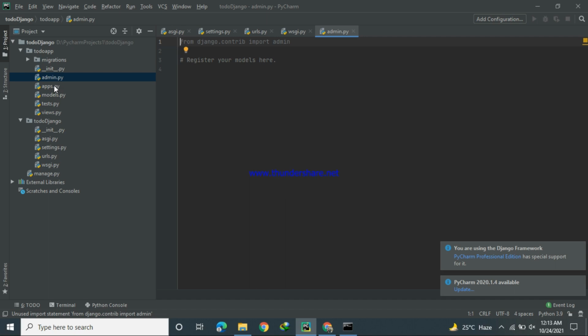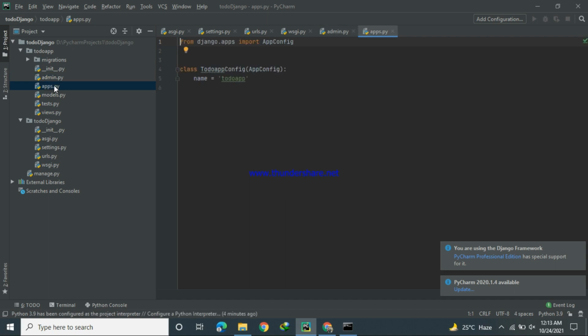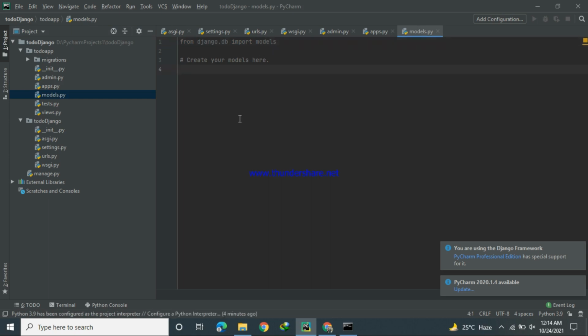Here apps.py means this app's configuration, this app's name, how it is configured, the class name actually that we will write in the settings.py file. And then models.py has some classes which are actually models, I mean database tables, that will create database tables in our database, which is SQLite 3.